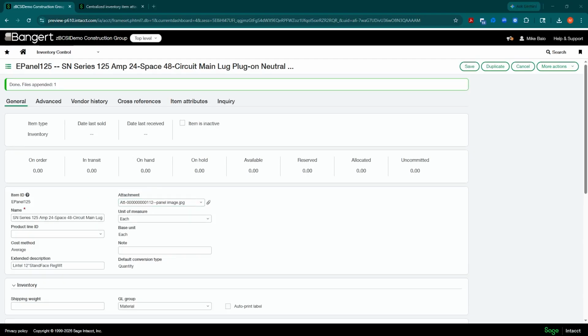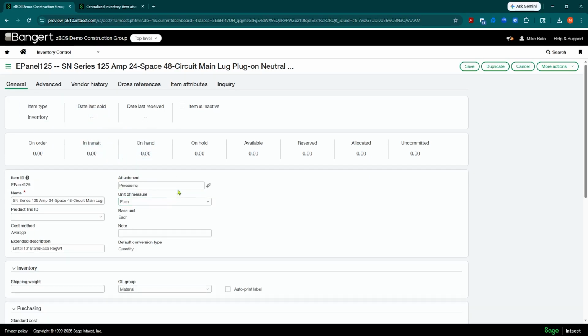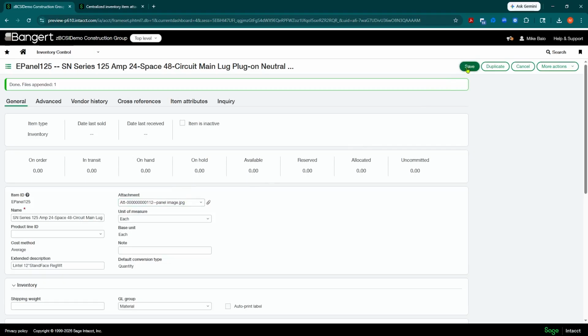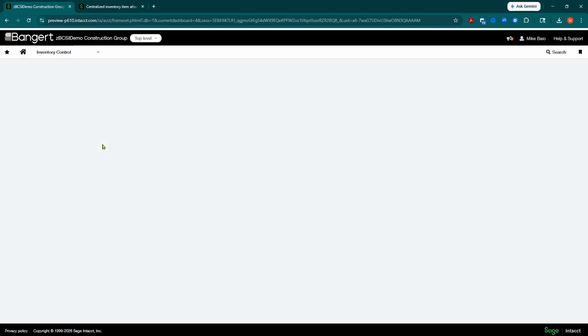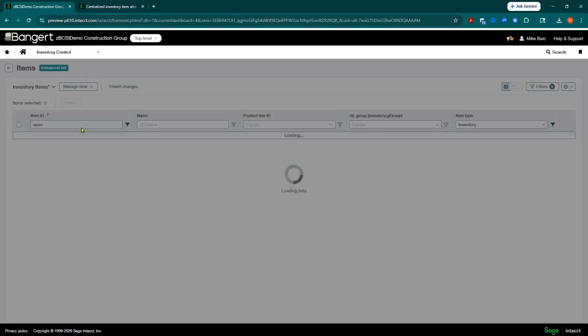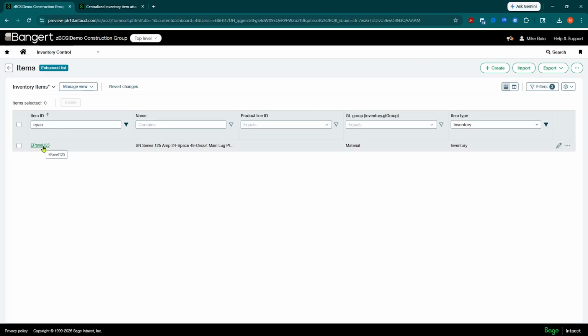And also I have a PDF file, which is the installation instruction manual for that attachment. I'm going to take that PDF and I'm also going to drag it up there as well. I'm going to go ahead and click Save. So now if we go back and take a look at that item again,